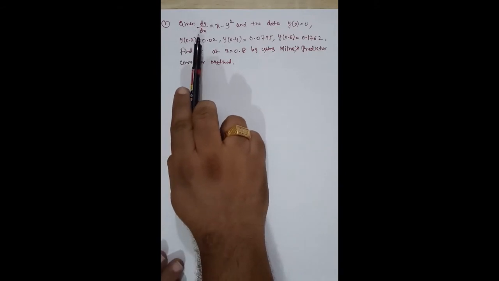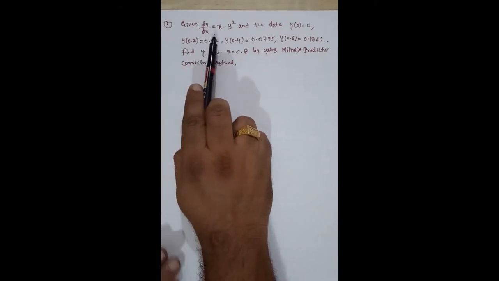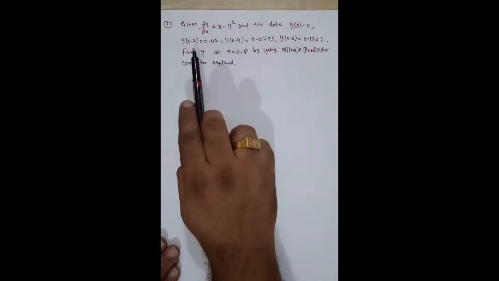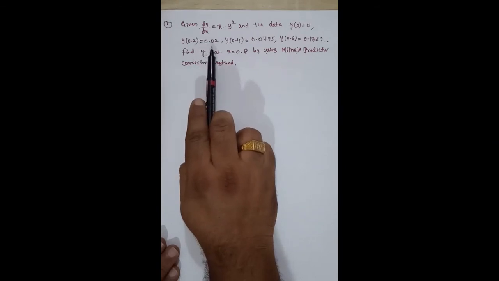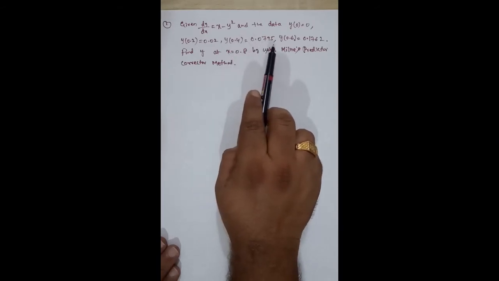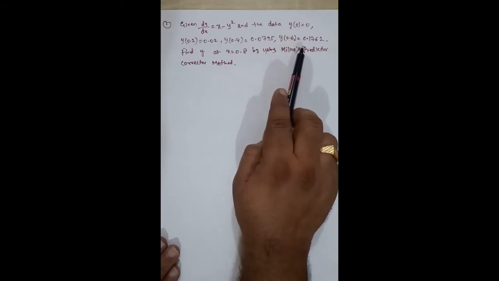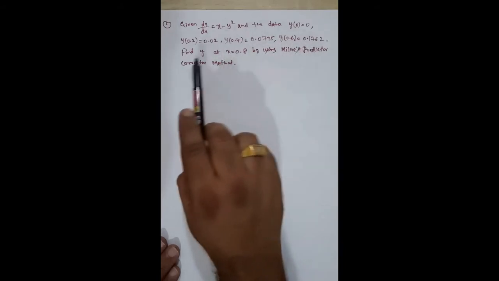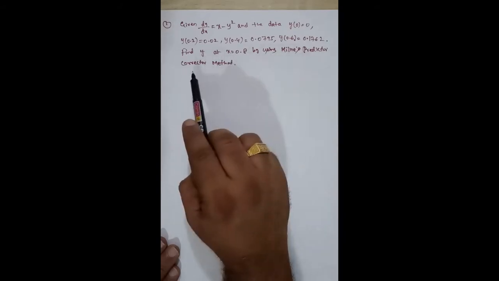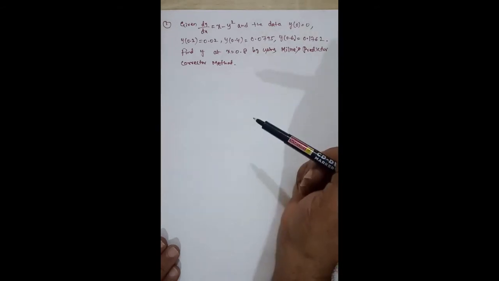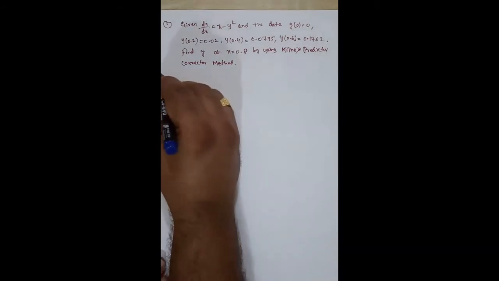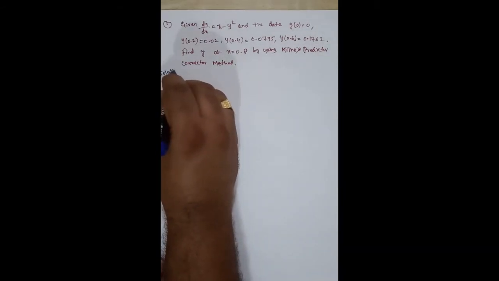Given dy by dx is equal to x minus y square and the data y of 0 is equal to 0, y of 0.2 is equal to 0.02, y of 0.4 is equal to 0.0795, y of 0.6 equals 0.1762. Find y at x is equal to 0.8 by using Milne's predictor corrector method. So this is the problem here, and as we know, according to the procedure, the first step is we'll write